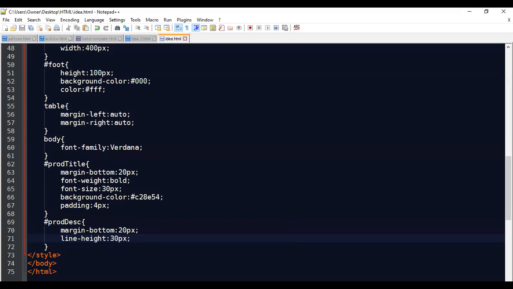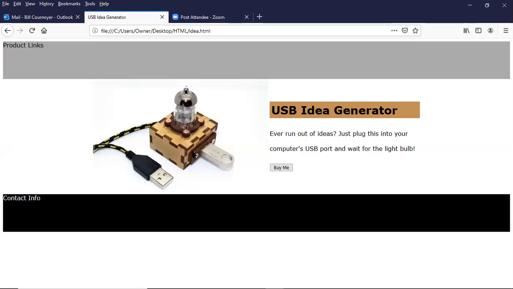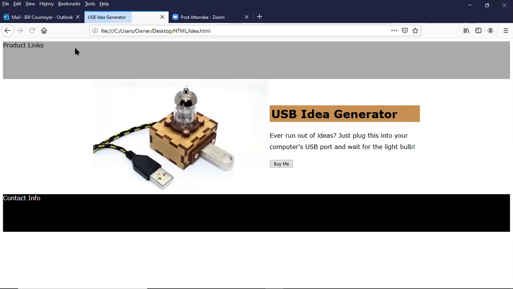Okay, we got that. Let's go take a look and see what it looks like. There we go. So now we got that space in there. It makes it more legible. We can read. Okay, what we got left to do here is some product links, some product contact us, and